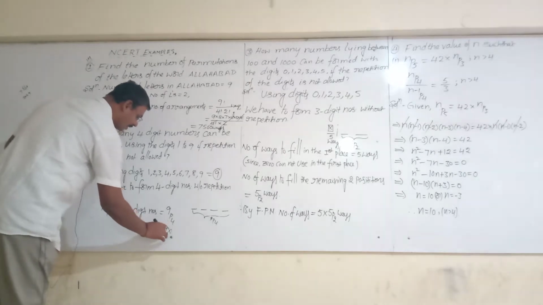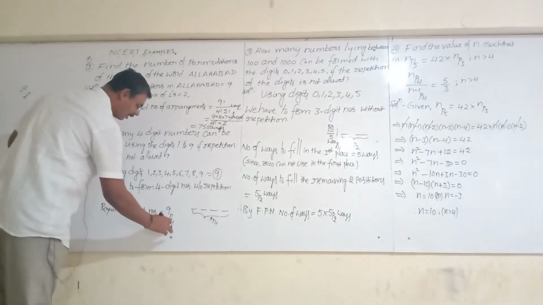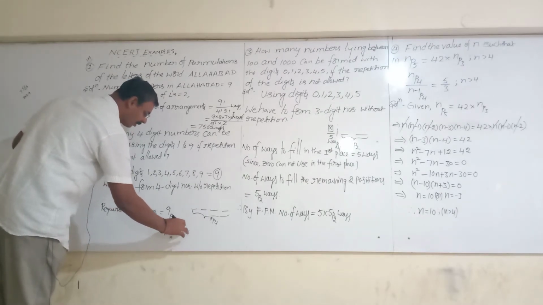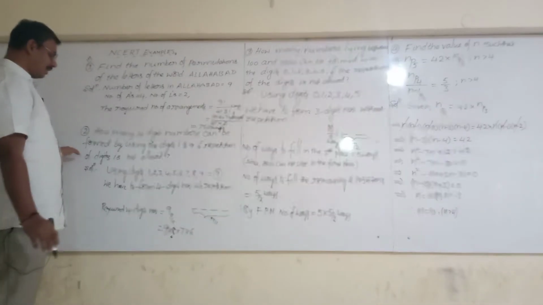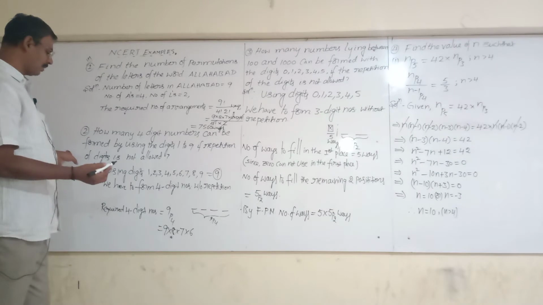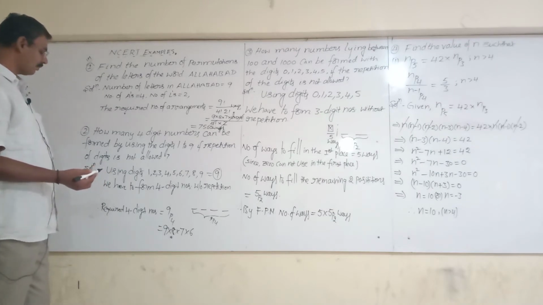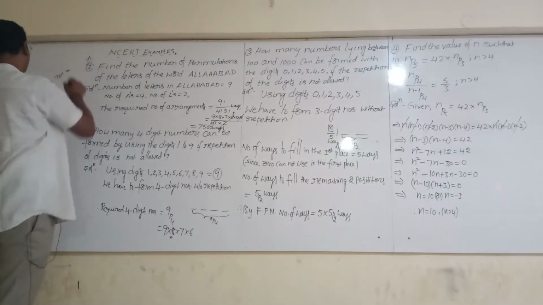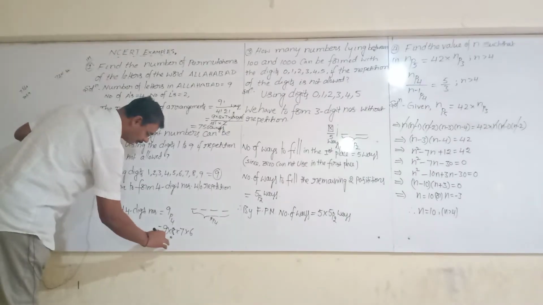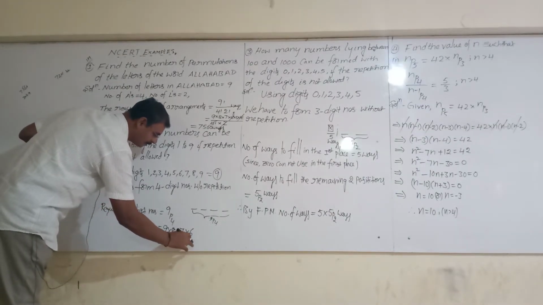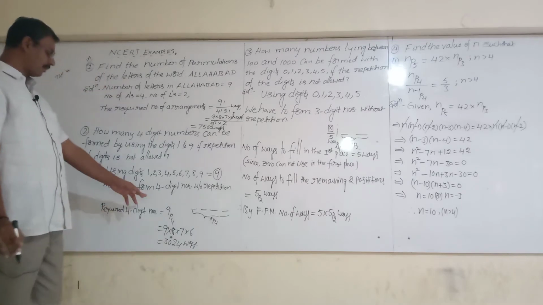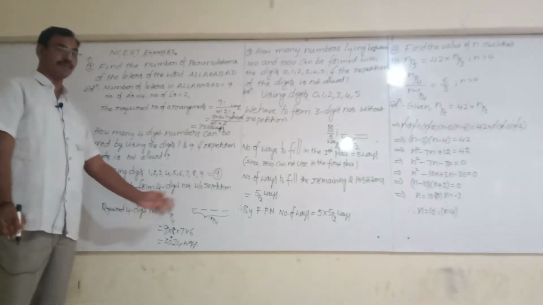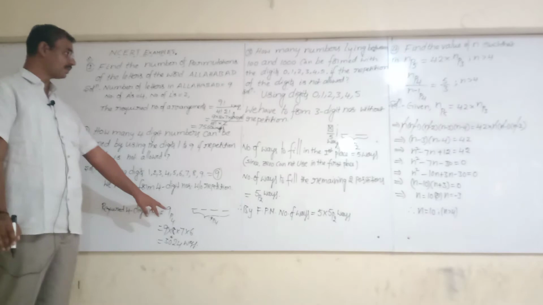Using the formula, this is 9P4. We can simply write 4 numbers, so we don't need to write the division. 9 into 8 into 7 into 6. So multiply. How much is this value? 72 into 42, so the answer is 3024 ways. So using the formula 9P4, we write only 4 numbers. If it is C, that means division is also there. You practice this concept.